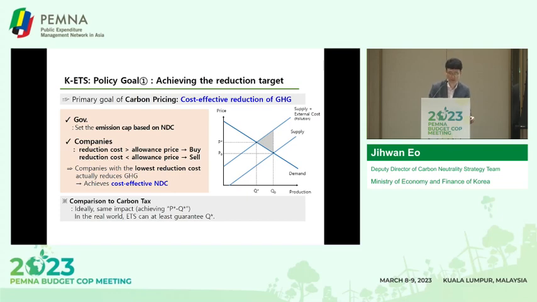Mr. Kapriyadi from Indonesia has presented us with some basics about carbon tax. And in my personal view, in the ideal world of economics, carbon tax is supposed to work in a similar way. But I think the difference is that carbon tax sets more priority on price level, while ETS puts the optimum production level as priority. So in a world of uncertainty, it is up to the government's priority to decide on which institution to choose.